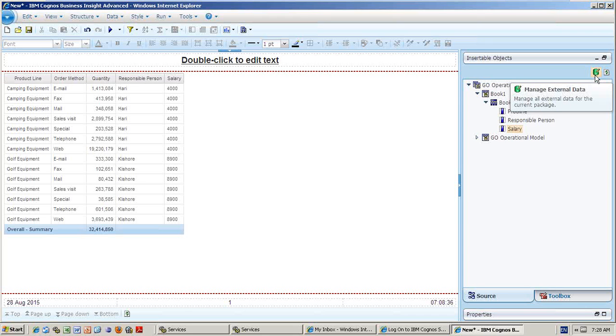So in Report Studio we can use that one too. Exactly. The reason I didn't say it earlier is that I wanted to tell both things together. In Report Studio also, if you see the package above, the green button will be there. Same concept. Only Report Studio and Business Insight Advanced have it. It will not be present for Query Studio and those others.